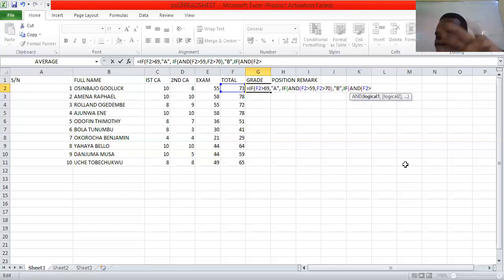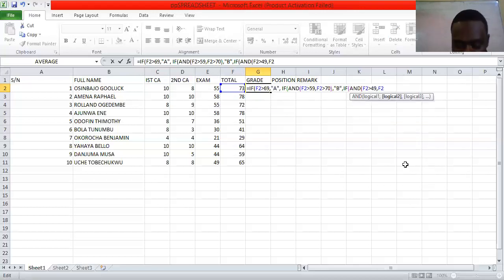So greater than, how do I get 50? What number do I need to add 1 to get 50? That's 49. So 49, the next number greater than 49 is 50. So I've gotten 50. If F2 is greater than 49, comma,